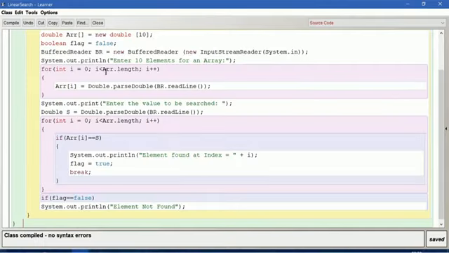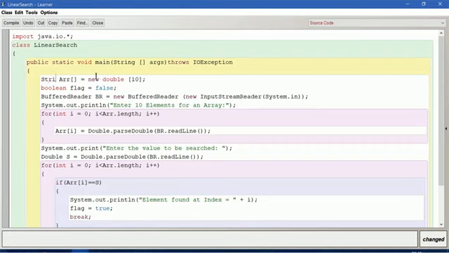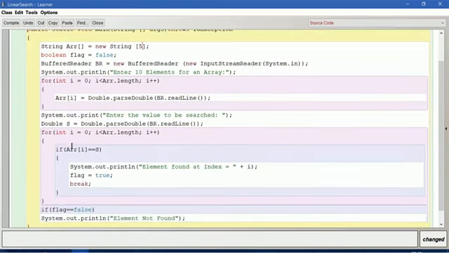If we are having string elements, let us change this and learn. So I am having a string type of array. So array length I give just 5, and then here when we check this, we will not have equal to, instead of that we will check dot equals of the value.